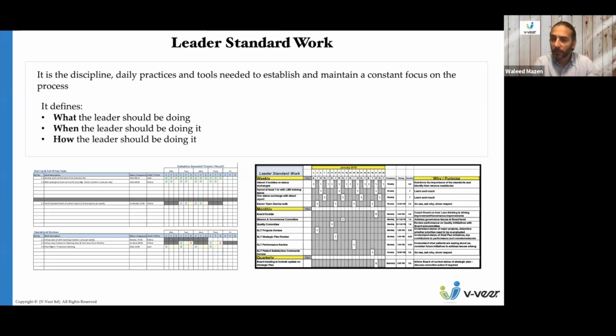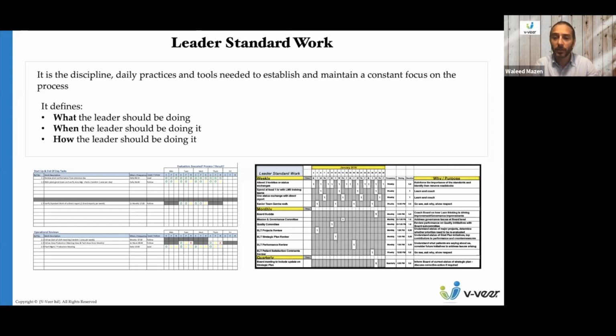Some people might think, if I'm in a hospital, or in education, or even in a factory, my tasks are not repeated just like someone on an assembly or in a manufacturing process. Yes, they are not. But what you need to think of here is, what sort of routine do I need to build as a manager to make sure that I fulfill my objectives, strategies and targets? And from a managerial perspective, you need to think of these three questions.